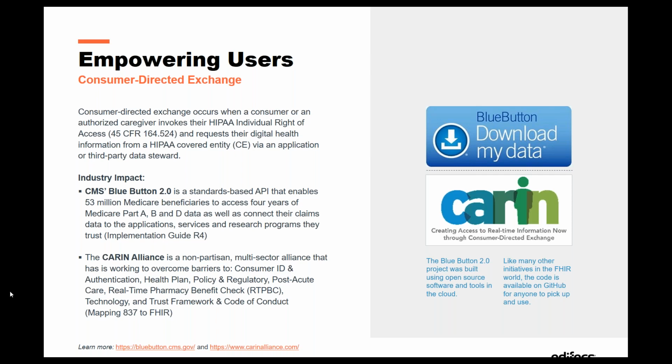So the biggest part is, how do I map not just clinical data, but maybe even claim data, the 837, to FHIR? And so you can see when we start talking about mapping, this becomes a critical piece to this equation, and the CARIN Alliance and such is really helping us move forward and taking the lead. And this is another perfect example of the community coming together and moving off of just the foundation that has been mandated by our government and by states and by other entities. So this is a great example of us moving forward in this industry. Okay.